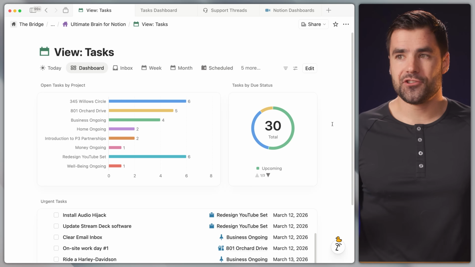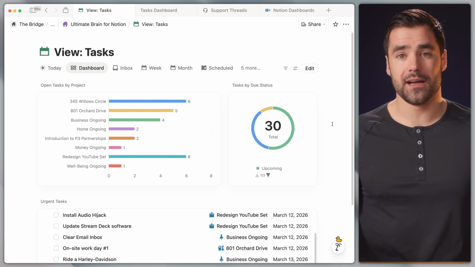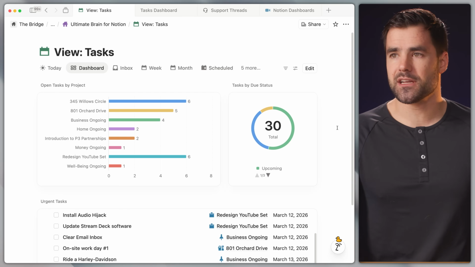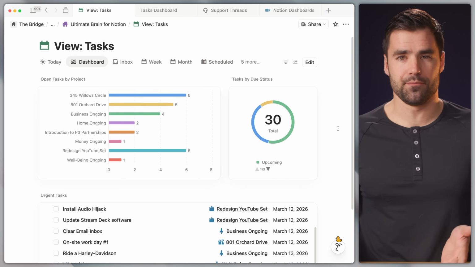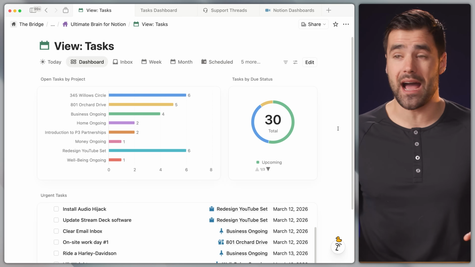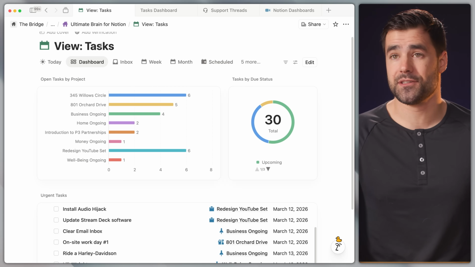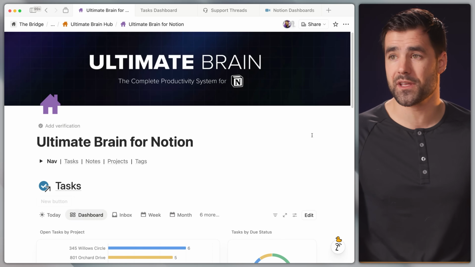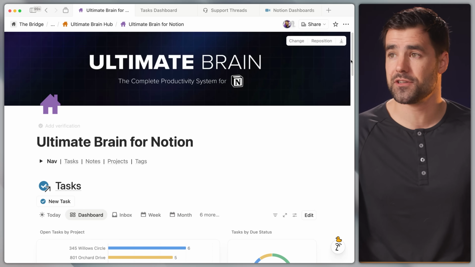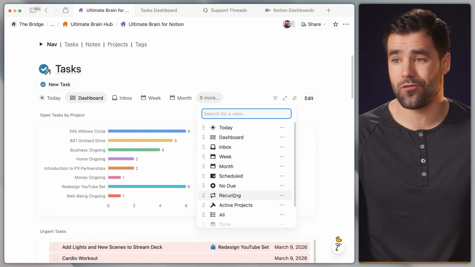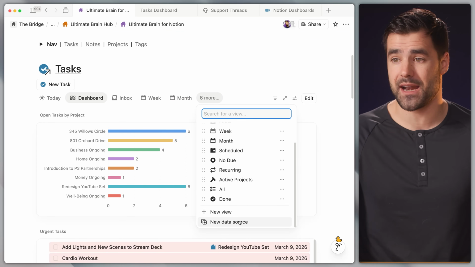Well, actually, it's just another layout type of a database, and it's maybe the most unique one yet. So I'm just gonna go ahead and start building out a simple dashboard so you can see what I mean, and you can actually see me build it in real time. So here in this tasks view, I'm using my sort of working demo copy of my Ultimate Brain for Notion template. I'm just gonna go ahead and create a brand new view here, not a data source, but just a